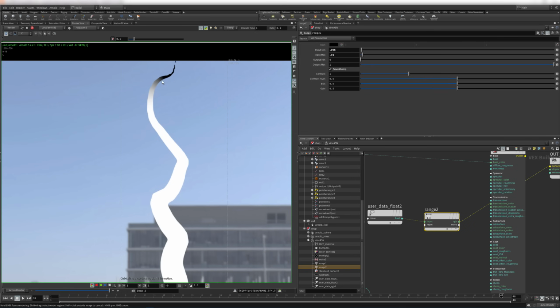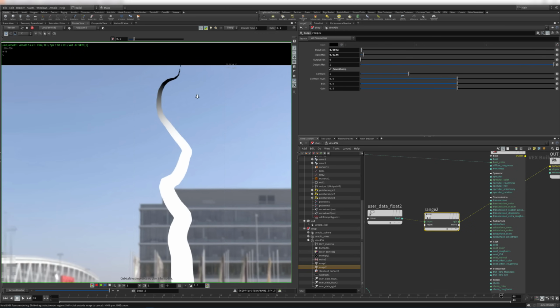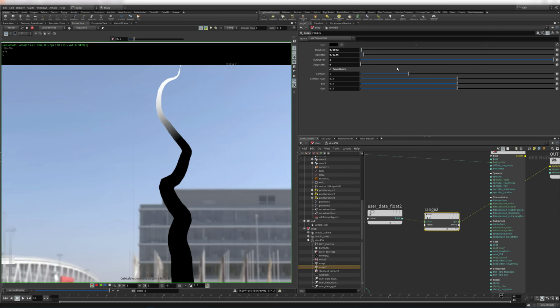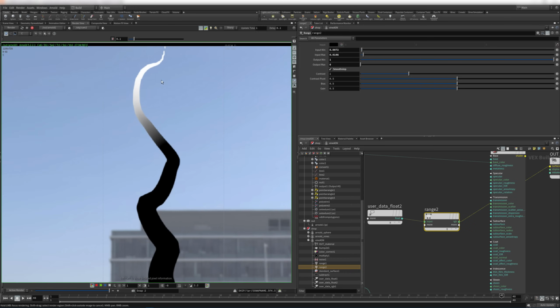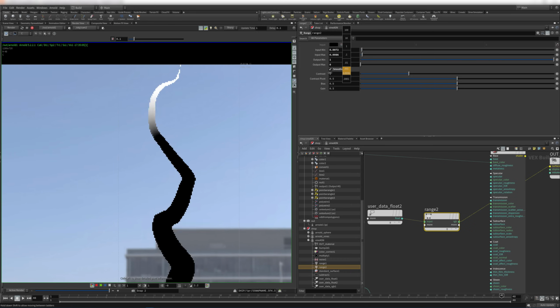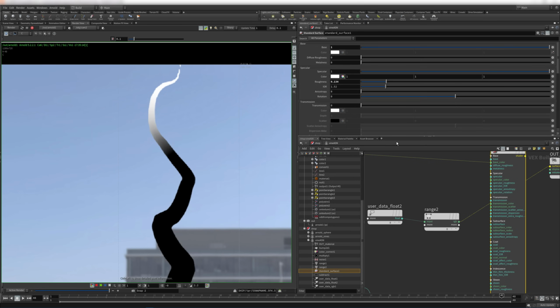I want to only have the tips to be kind of scattery. So we can now actually move it up until we're satisfied with the length of that value. Let's say something like that is nice. And then we want to invert this. So I think you can just invert those values, the output min and max, and you get an invert. Now you can rebalance it if you need to. Whatever you've got to do, and this will drive our